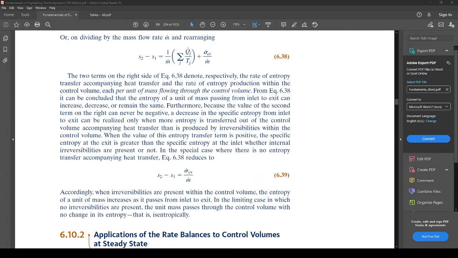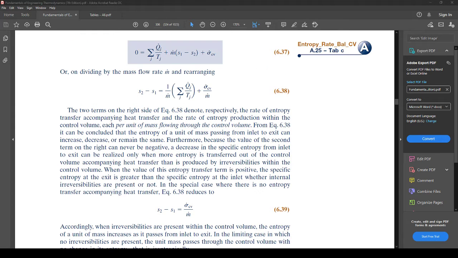So, this is important. Earlier we made the note that due to this being positive, if Q was not here, S2 is always going to be greater than S1, right? But due to heat transfer, sometimes it might not be. If this is bigger than this right here, and you move S1 over, you could lose entropy because all of it left the system in heat, right? But if it's the opposite way, and heat's coming in, you will gain entropy, right?